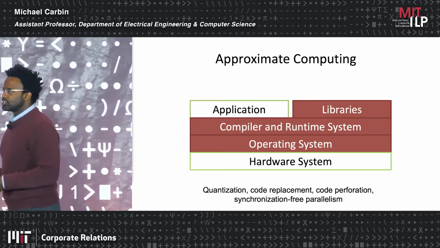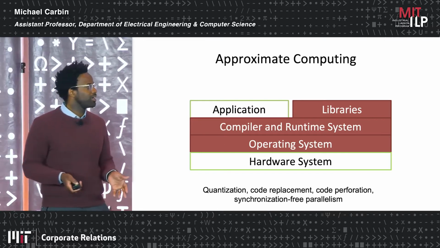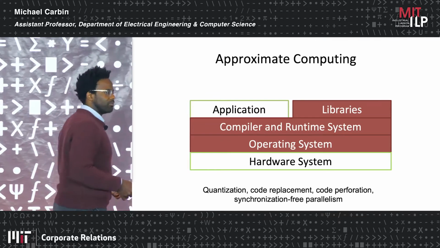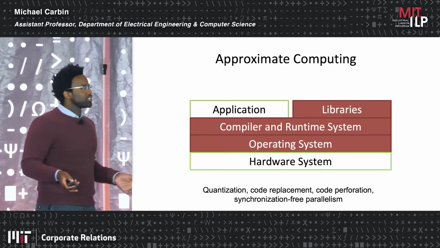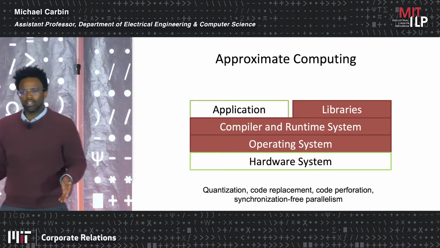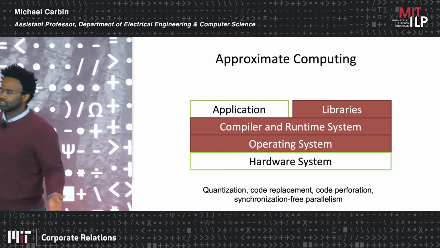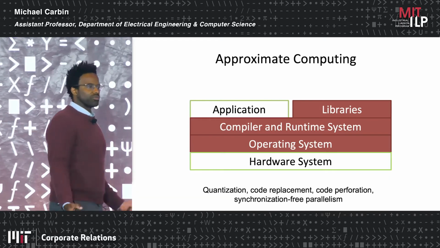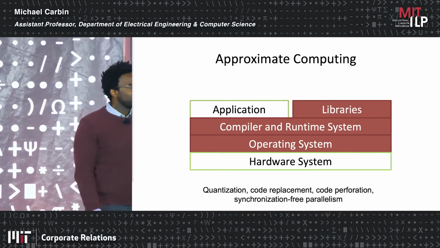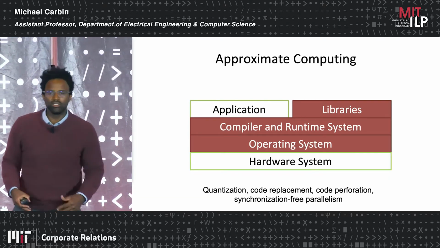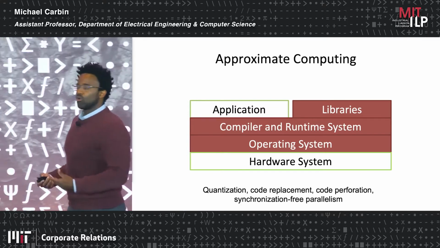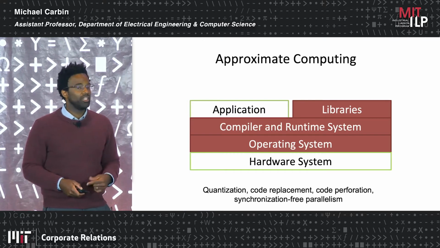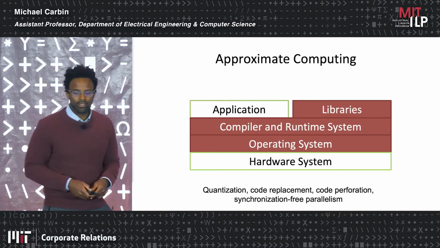Or synchronization-free parallelism. And this is something that showed up very prominently in certainly some of the earlier stages of machine learning development, where we're looking at asynchronous parallel distributed systems where we have multiple workers coordinating to train a model, but they're not using traditional mechanisms like locks, for example, to synchronize. Instead, they're all racing against the data, providing inconsistent updates, but overall, the system still can converge to a useful and productive result, and do so much more efficiently than otherwise.